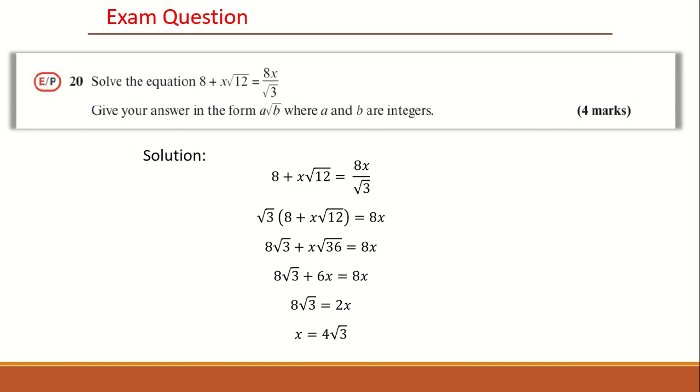And 4 root 3 is in the form a root b, where a and b are integers, as it's shown in the question. Therefore, that is the